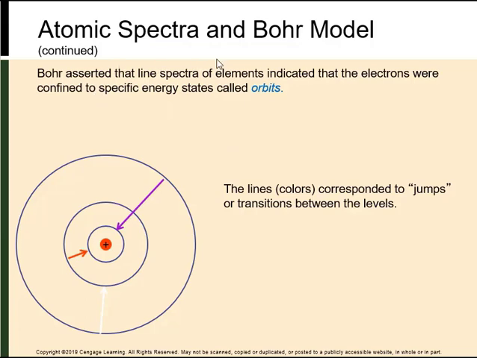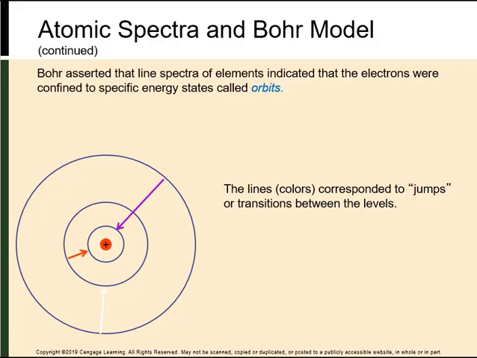He also said that the line spectra indicated that electrons were jumping or transitioning between energy levels. So this is showing us that we would see red if an electron jumped up to this energy level and then fell back down only one. We would see a certain color. Here would be an example if an electron jumped 2 orbits and fell back down, we would see a certain